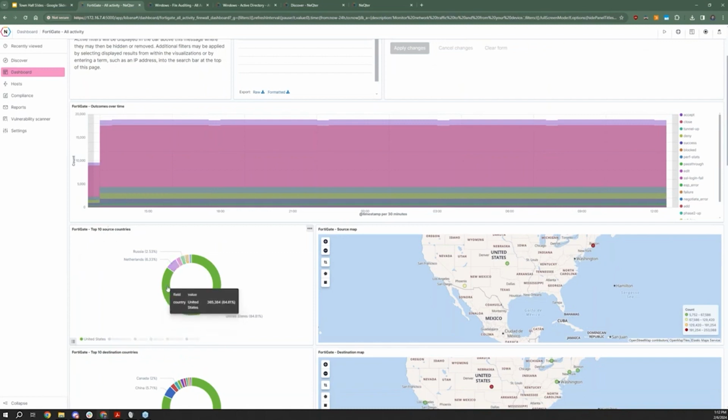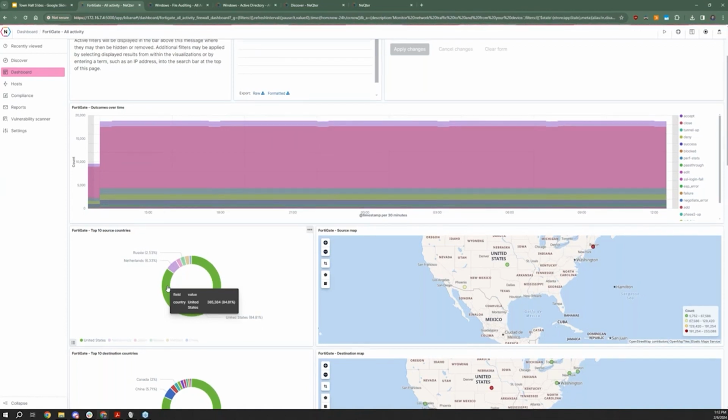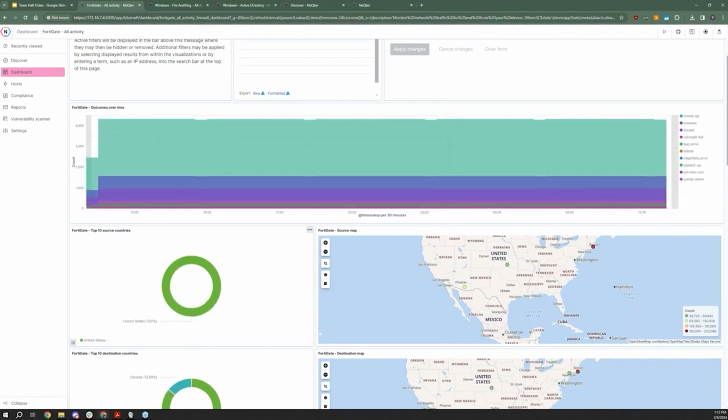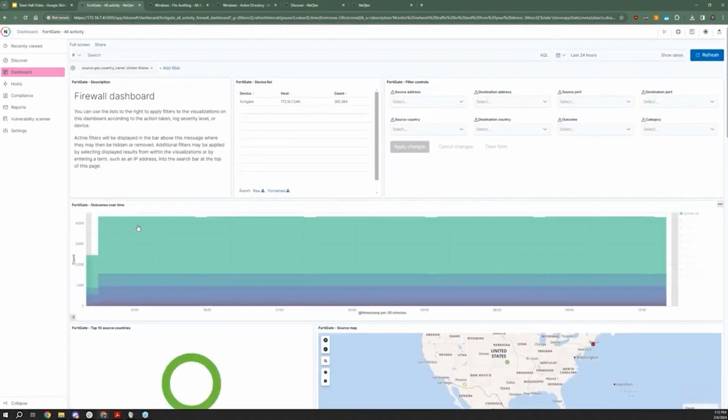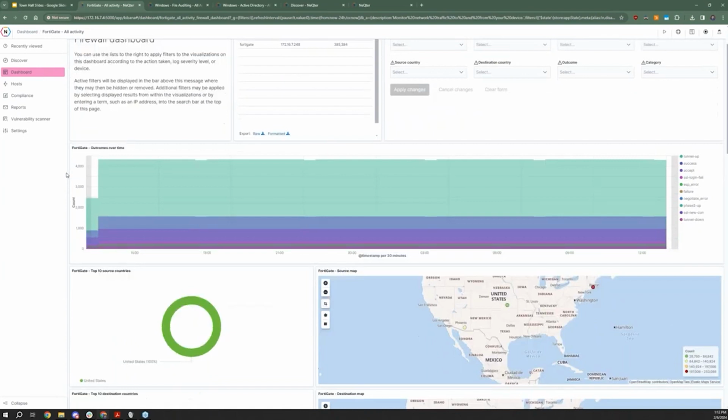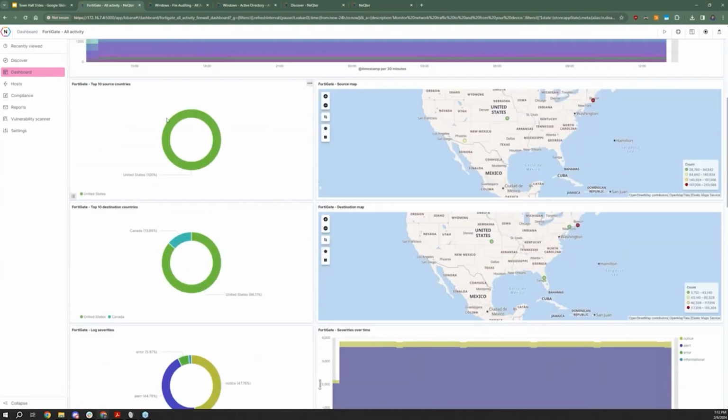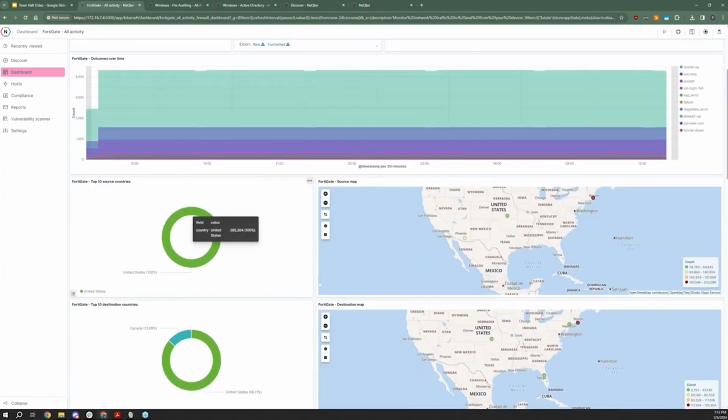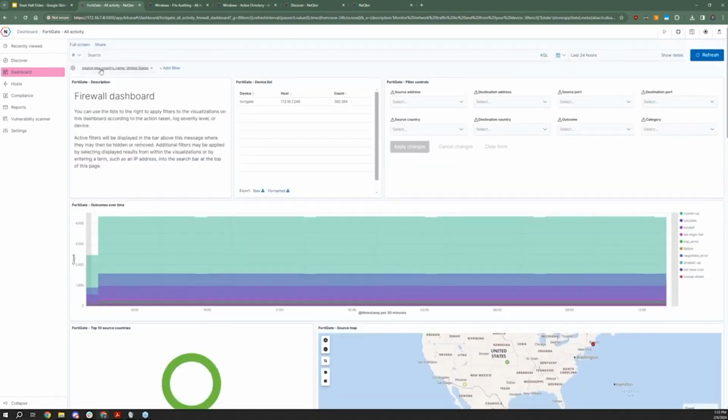So what I like to do is structure things on the dashboard tab. You can absolutely just hang out in the Discover tab and create queries and filters that way, but I like to do it this way just to see the data and have kind of an instant feedback with what I'm looking at here. So I clicked on the source countries pie chart. I clicked on United States. And now I have this